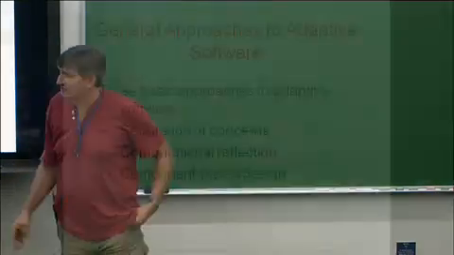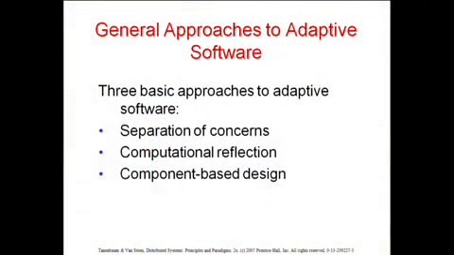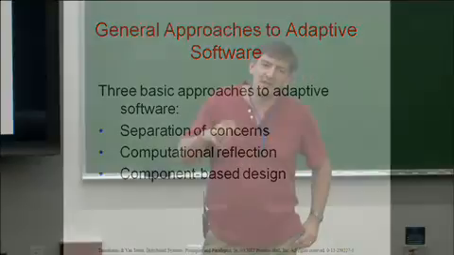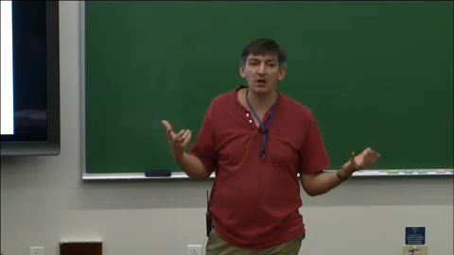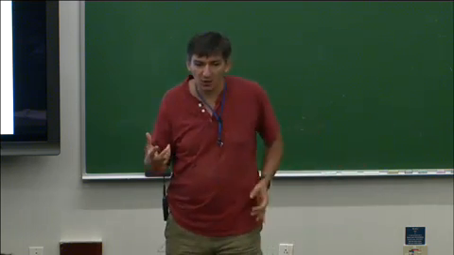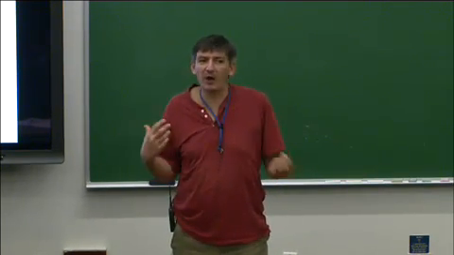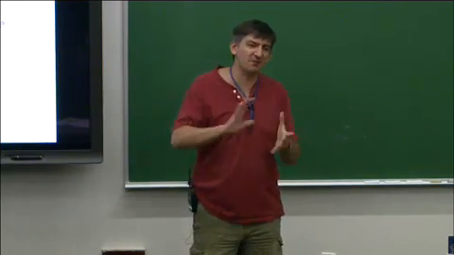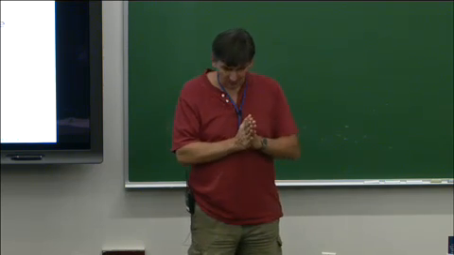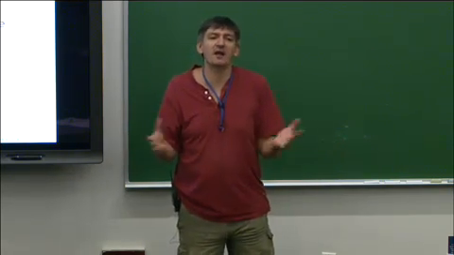Now, computational reflection, this is somewhat of a weird one, because what computational reflection really means is the program can ask itself what behavior it has. I mean, what would the program ask? Well, the program was written by a programmer, and it's usually not the same programmer throughout the time. And one way to diagnose yourself, or one way to know as a program what's going on, is to say, what am I doing, or how do I work, or what methods do I have? So this is something that happens in high-level languages. For example, this is a very, very neat way to program. This is one reason I like JavaScript.